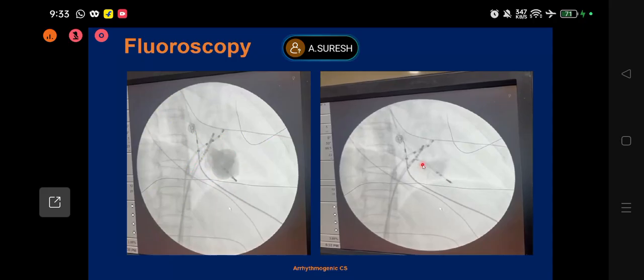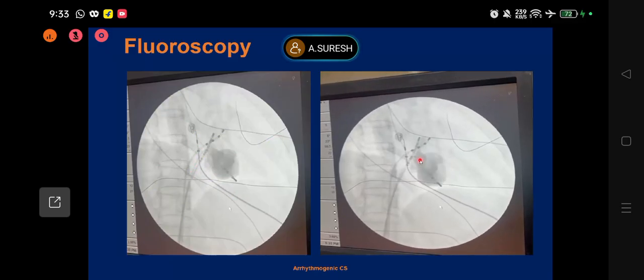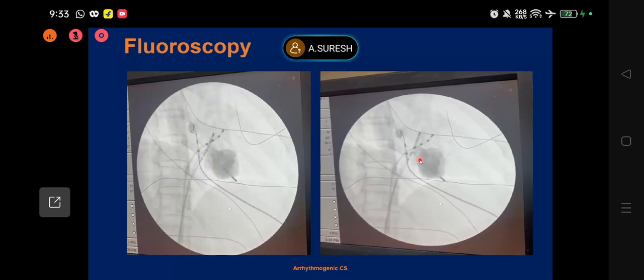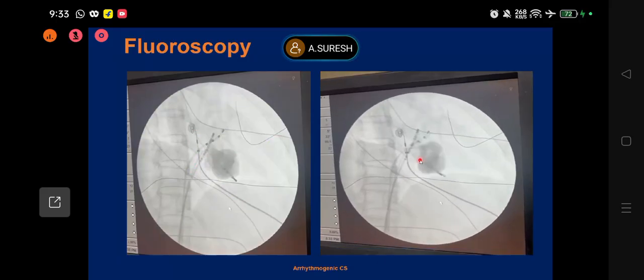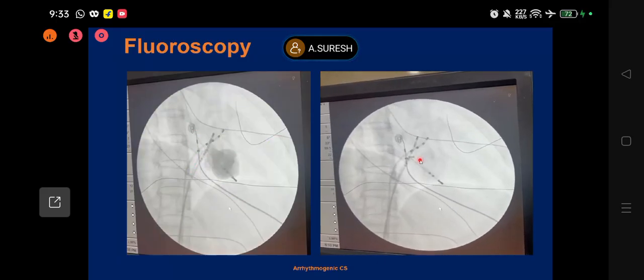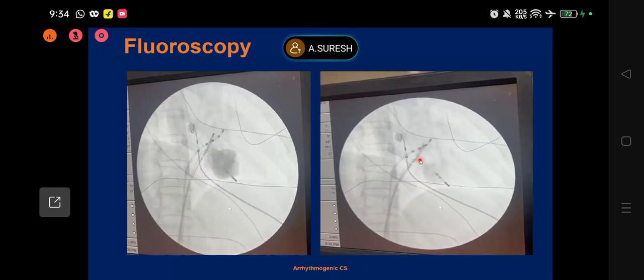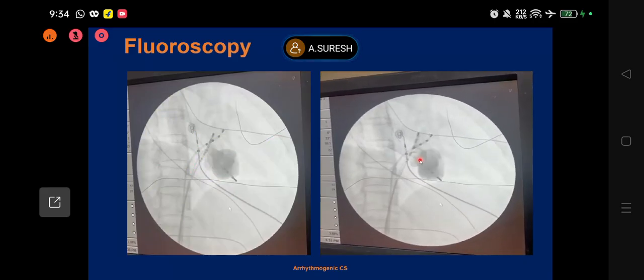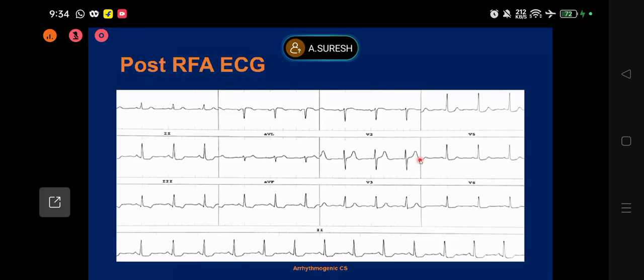So ablating at the neck of the pouch terminated the tachycardia, and after waiting for half an hour, in our institute, for WPW patients who had a manifest WPW or accessory pathway AVRT, we wait for more than half an hour. At the end of the procedure, we give 18 milligrams of adenosine to see reconnection of the pathway. We do aggressive atrial extra stimulation and VES under isoproterenol infusion. And after half an hour, if there's no reconnection and no SVT induced, then only we come out. So the post RFA ECG shows sinus rhythm,